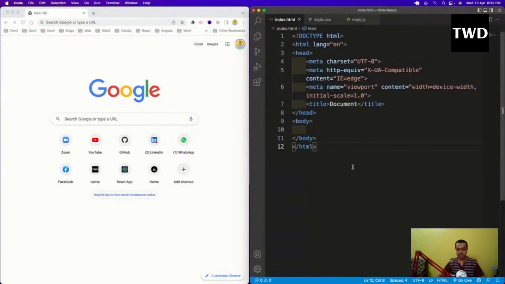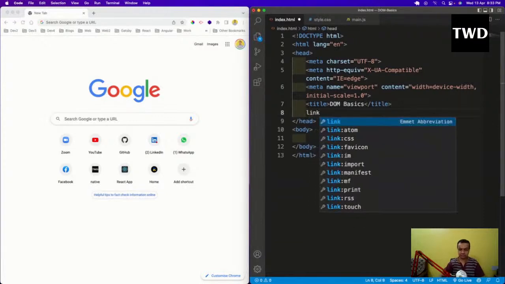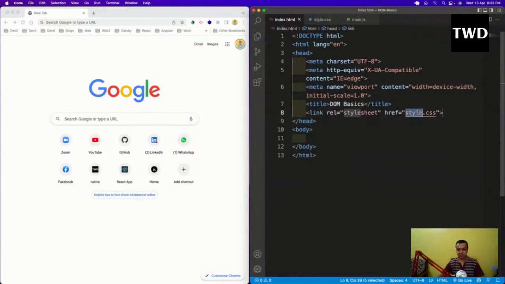I think this is a good font size, and I will write DOM basics. We will link the CSS here. Okay, and at the end I will add the